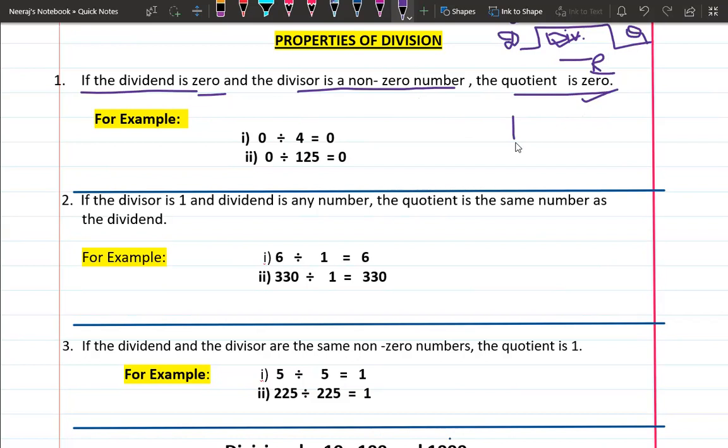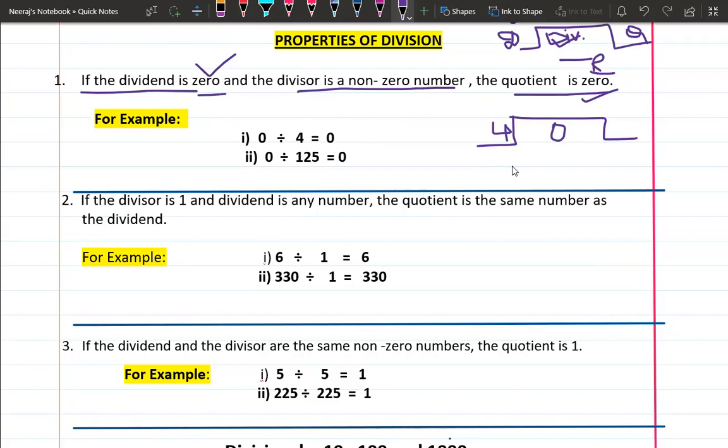So if you want to do a division like this, your dividend is 0 here, so we'll write the 0 inside, and your divisor is any non-zero number. Suppose they have taken 4. So they are saying that whenever